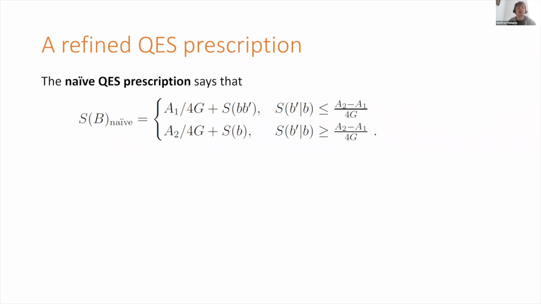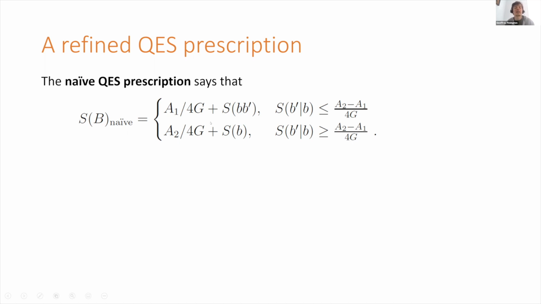Okay, so to see what that refinement is, let's first state the normal quantum extremal surface prescription in the following way. There are two possible answers the extremal surface prescription can give. The first is the generalized entropy of surface gamma 1, the solid surface in my old diagrams. So this is the area of that surface over 4G, plus the generalized entropy of everything between it and the boundary, right? So the stuff near the boundary region B, which we call little b, and the stuff in the center of the bulk, which we call little b prime.